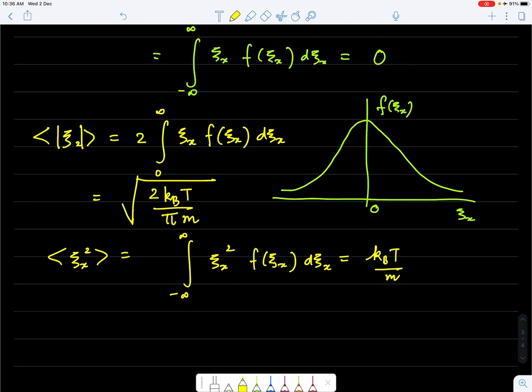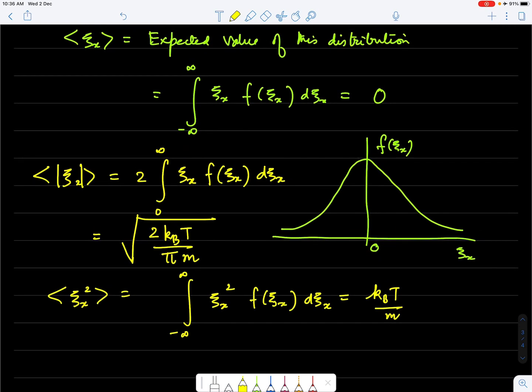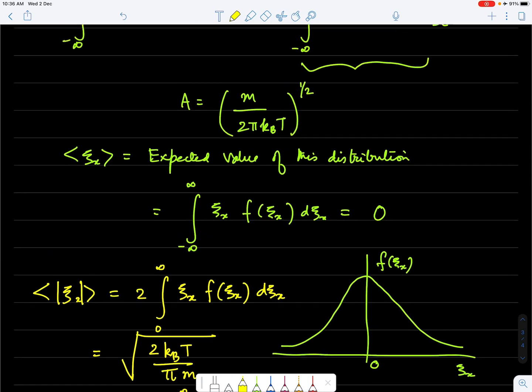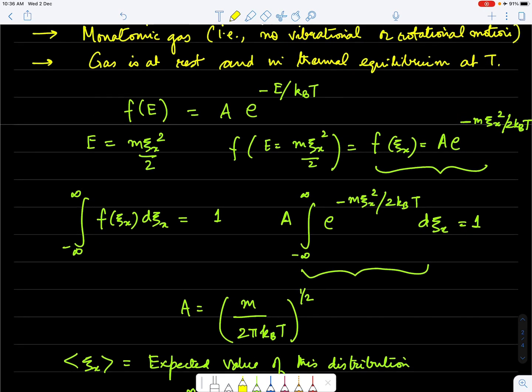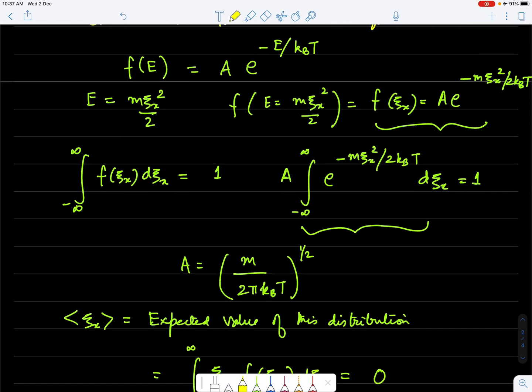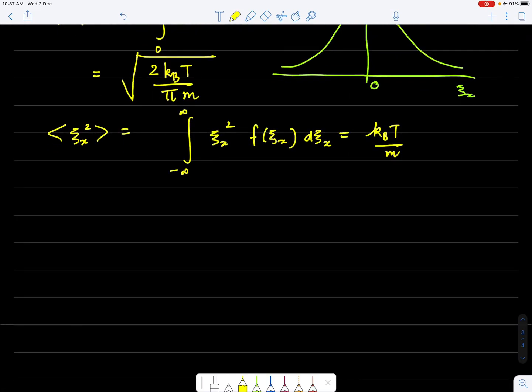So these are just some useful things for you to know, not that they're going to influence what we are going to do from now on, but the idea is that this is being done for one direction along the x. I can actually obtain similar results or identical results for other velocity components ξy and ξz. So I'm not going to prove them, but rather what I'll use now is one key fact,